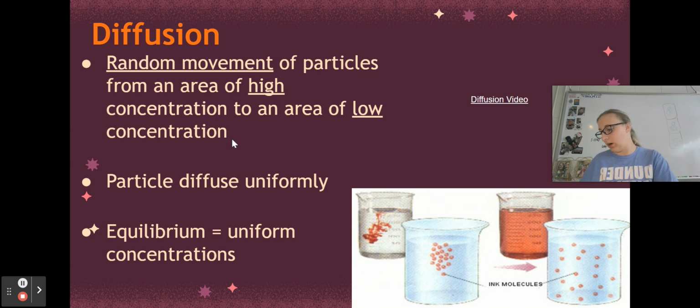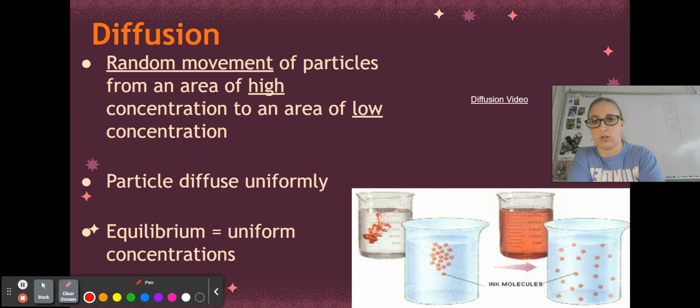So to go into more details about diffusion, it just simply means it's the movement of particles. So in your notes, you might underline or circle that word particles. Diffusion is specific to stuff that is not water. Typically, we'd say it's stuff that's like solid, but it's really anything that's not water or water-based. So diffusion is the random movement of particles of stuff from an area of high concentration to an area of